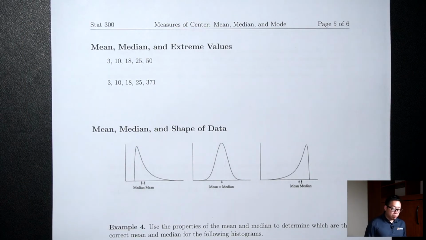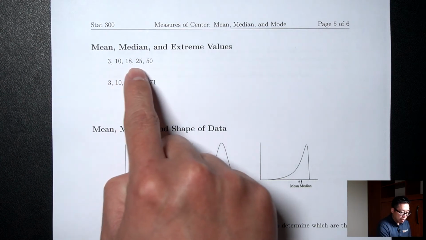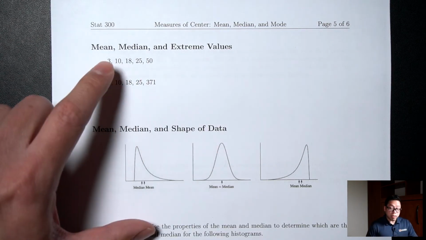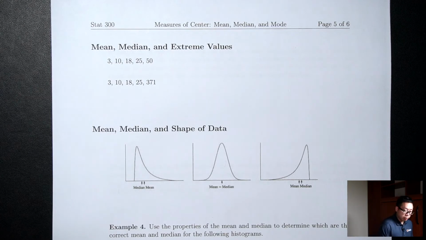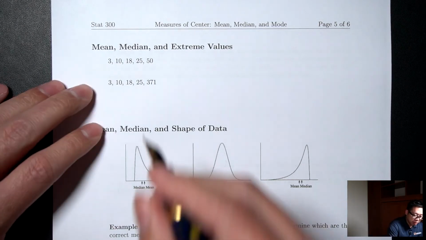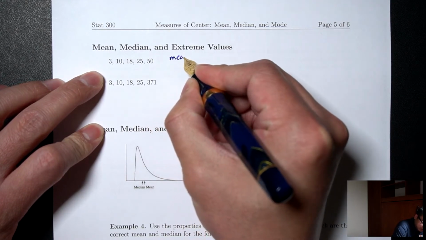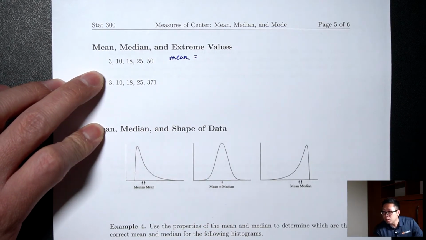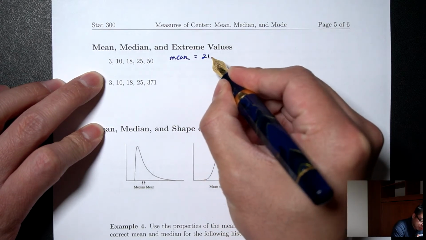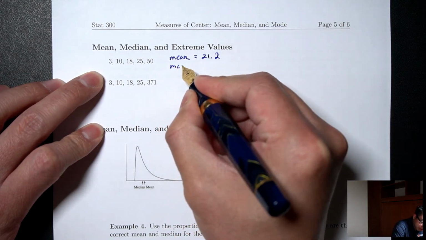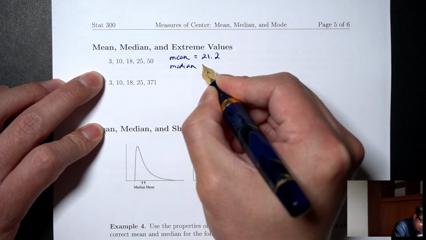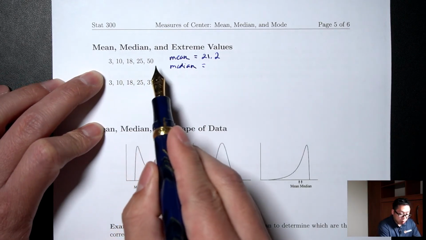Now that we know how to compute the mean, the median, and the mode, let's talk about some of their properties. First thing I want to talk about here is I have two sets of numbers, 3, 10, 18, 25, 50. Let me actually find the mean and the median for the first set here. And let me actually just tell you the answers. 3, 10, 18, 25, 50, I would tell you that if you were to compute it, the mean is 21.2. The median,